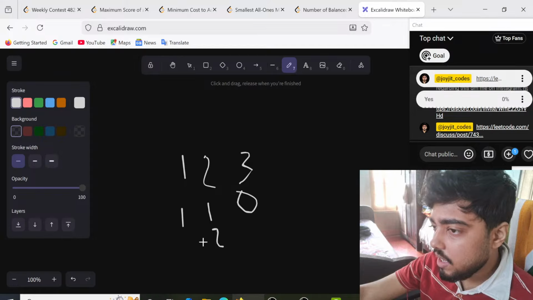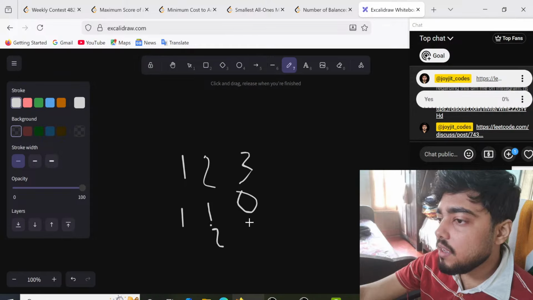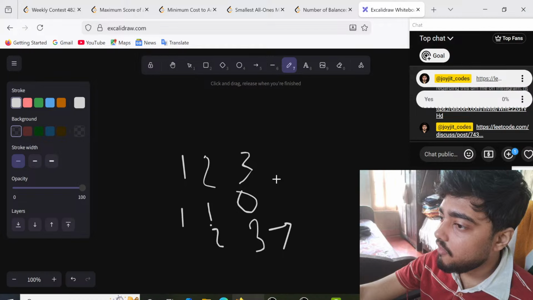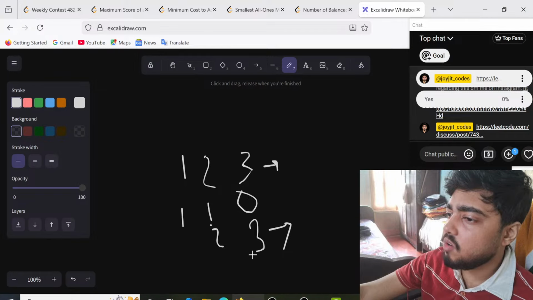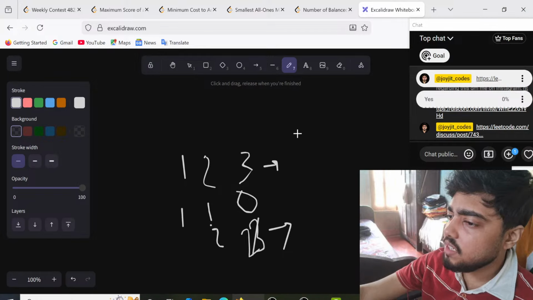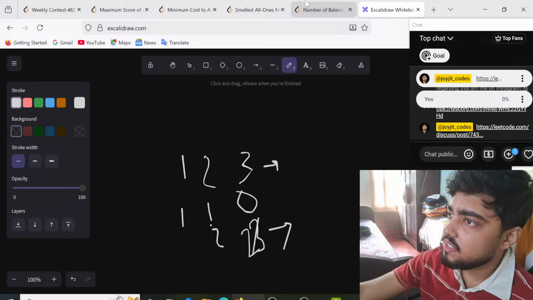But over here, since the tightness is still intact, we have to check: if this is 3, then from here also the tightness will be intact. But if it is not 3, if it is 2, let's say, then the tightness is not intact. We are okay to lose the tightness. So that is the whole thing of the new tightness.